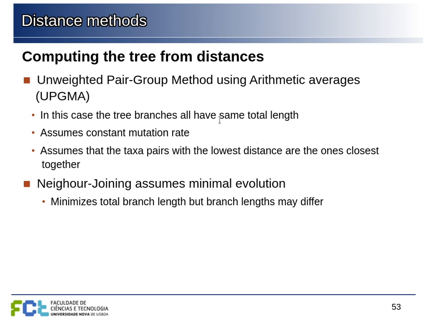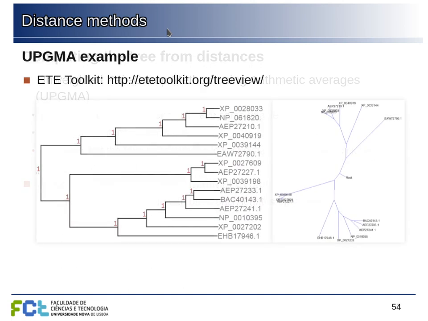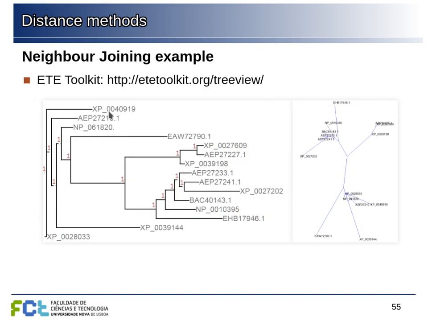So depending on the algorithm that we use, we can have different results. For example, this would be this tree computed with UPGMA. So you see the total distance coming here to each of the sequences that we have is the same, and also you can see that the branches are always symmetrical. So every time we find a branch of two elements, we have the same total distance on both sides. If we use neighbor joining, we can have these differences here. So some branches will be shorter, some branches will be longer, depending on the comparison between one sequence and all the others.